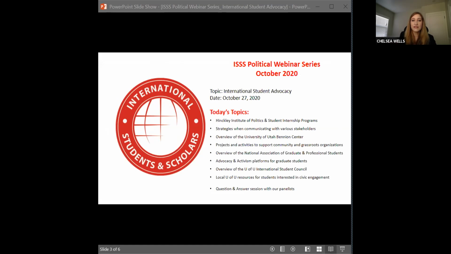The topic for today's session is student advocacy. This session is focused on how international students can get involved on campus, locally, and even nationally in order to participate in volunteer civic engagement opportunities or advocate for changes at the local and federal levels in the United States. Our panelists will discuss advocacy group resources, talk about how international students can get involved on campus through the Hinckley Institute of Politics, the Binion Center, as well as other local and national organizations like the National Association of Graduate